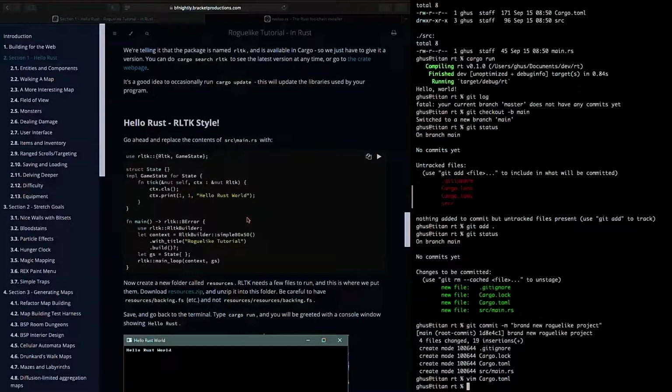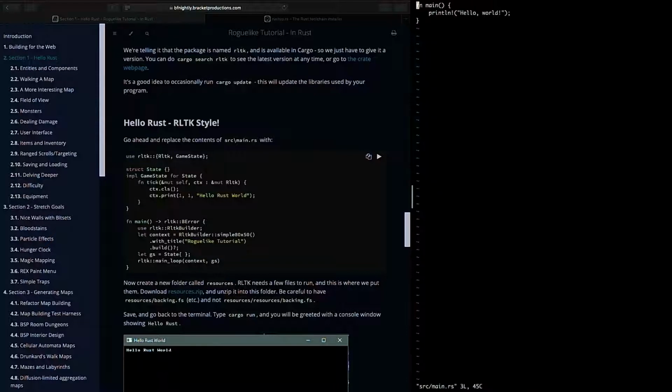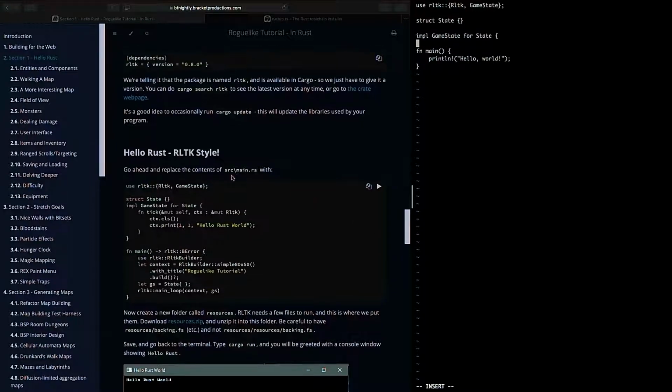Now I'm going to type this in instead of copy paste, because the easiest way for me to learn is to actually type in the stuff, and that way it gets into my muscle memory. RLTK, game state, struct state. So we have an empty struct. We'll impl game state for state. So game state must be a